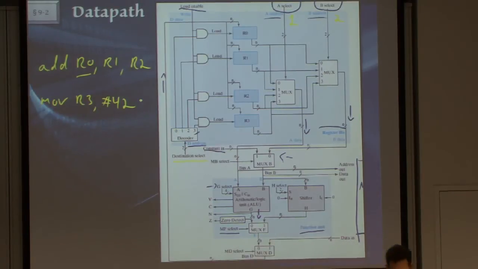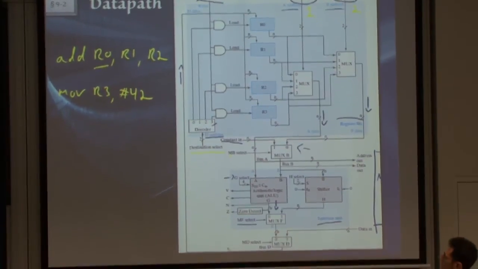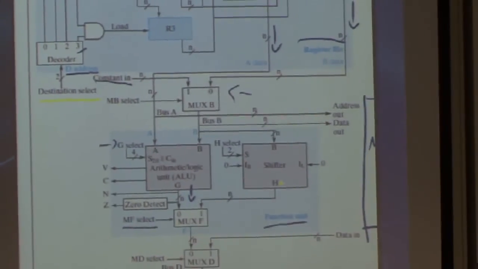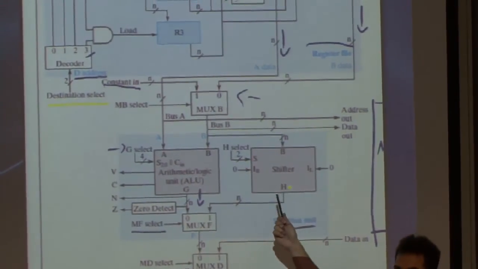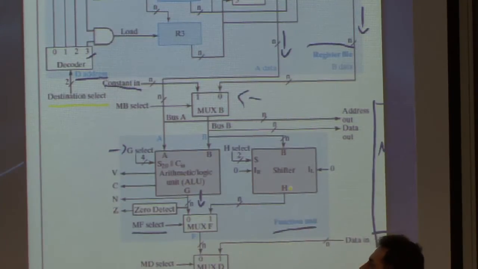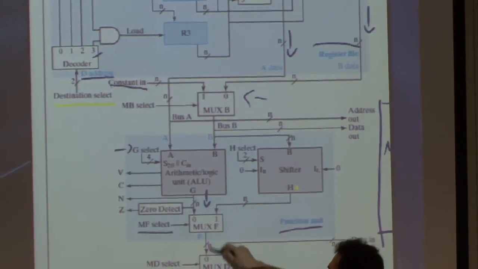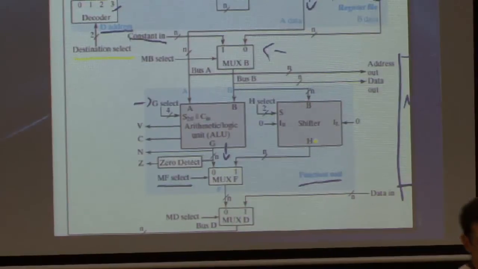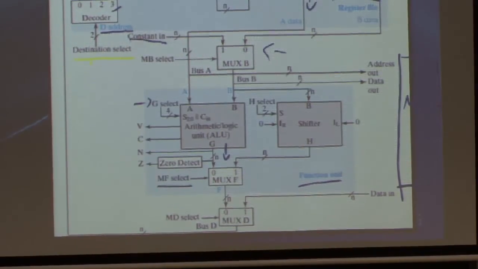In order to do that, I will choose the constant in through the line B. In this case, I will actually select the shifter with no shifting at all, which is one of the things I can choose, to just let the signal propagate through. I will then let this signal propagate through, and I will store it into register R3 using the destination address